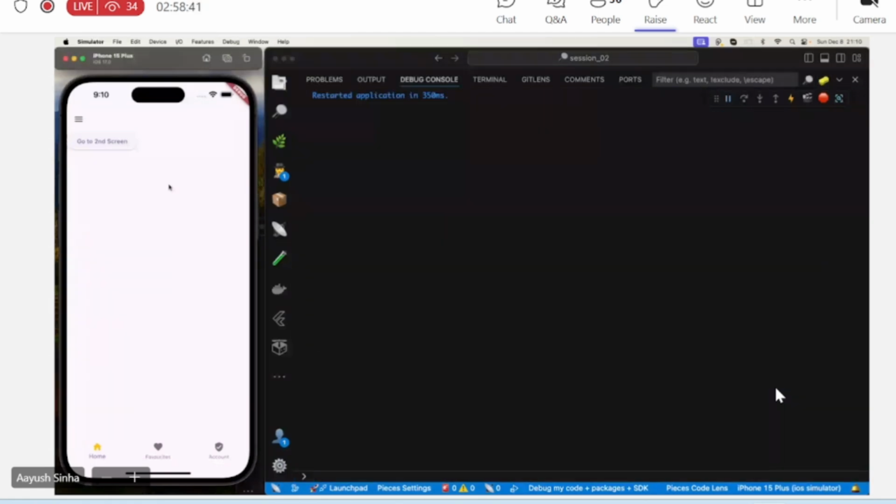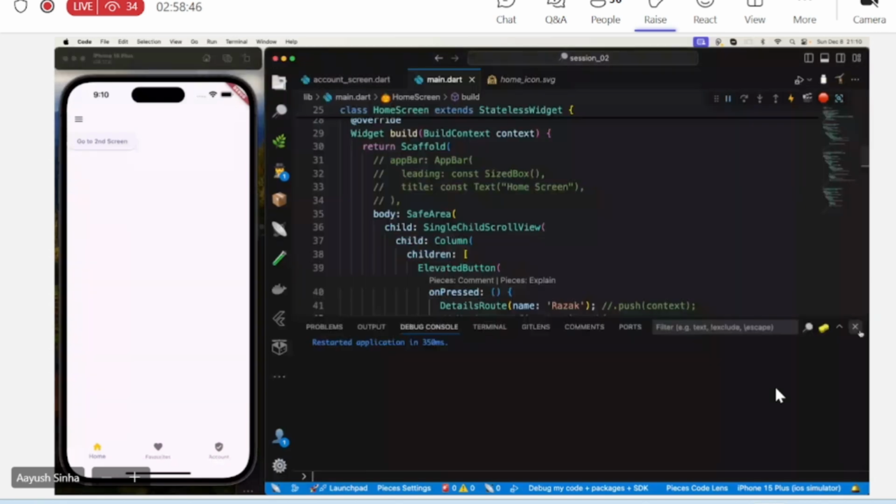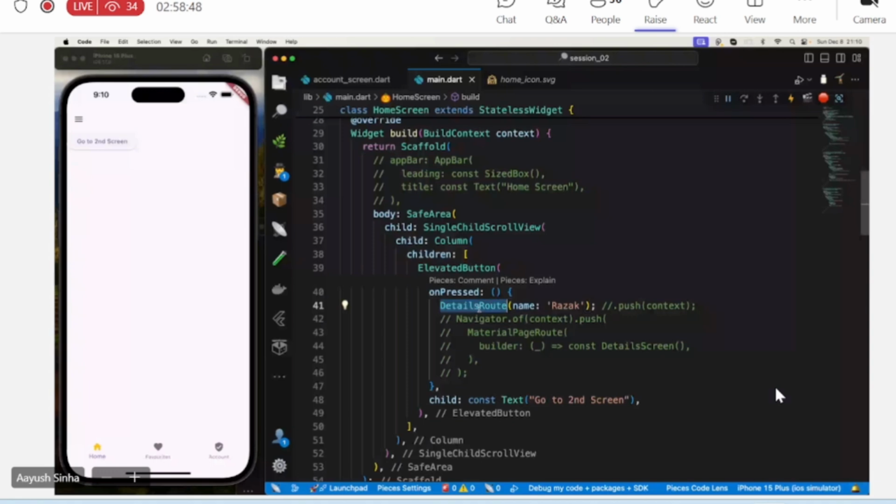Yes, actually, that was my question. Why not? Because when we are writing details route and whatever parameters are there, it doesn't matter. It is only creating an object of this details route based on the OOPS concept. It is creating the object of the details route, but it is not calling any functions. It doesn't perform any operation on that, because this is just a simple object of this class details